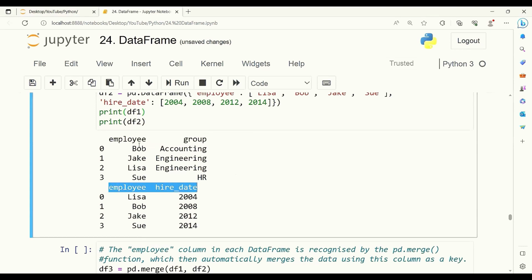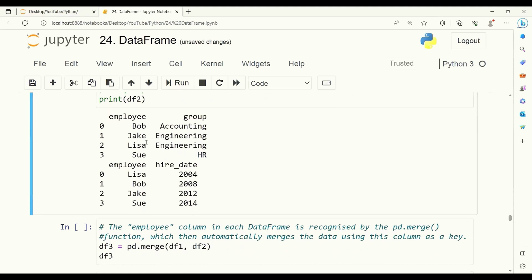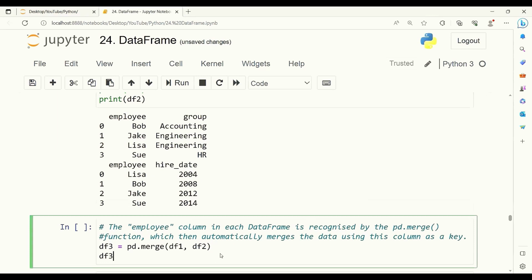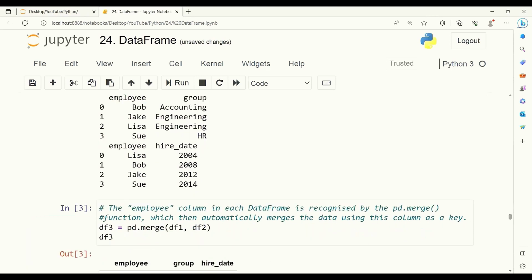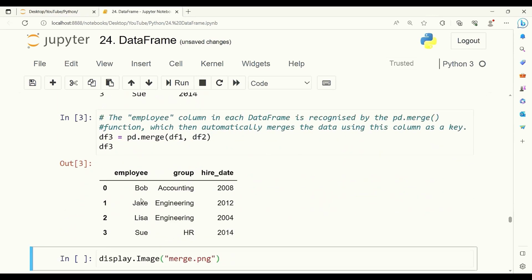When we merge these two data frames, Python recognizes the employee column as a key column and joins these two data frames automatically using employee as the key column. When we merge these two data frames, we get the following result, and the employee is the same for both data frames, and we have two columns, one from each of the